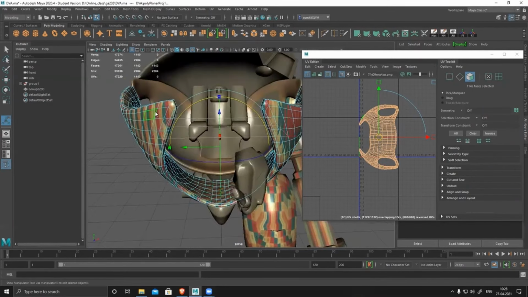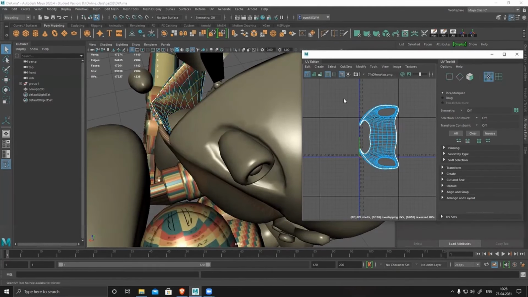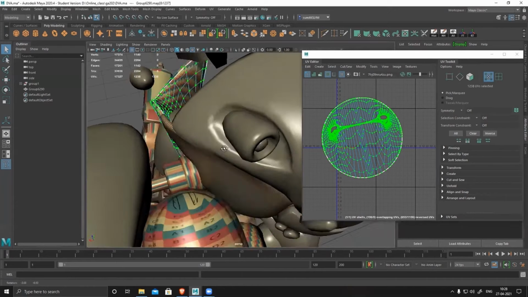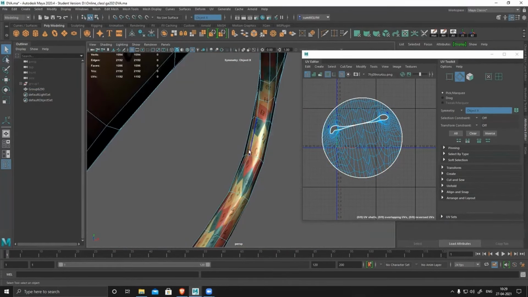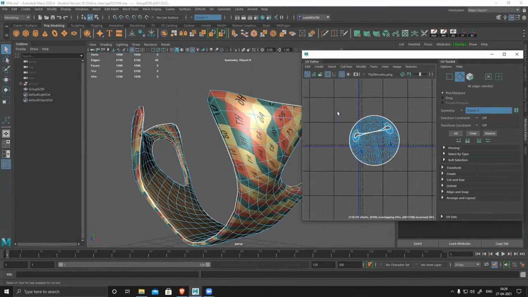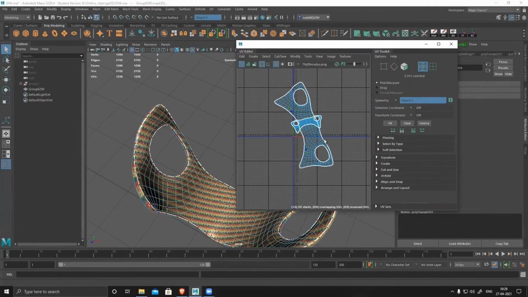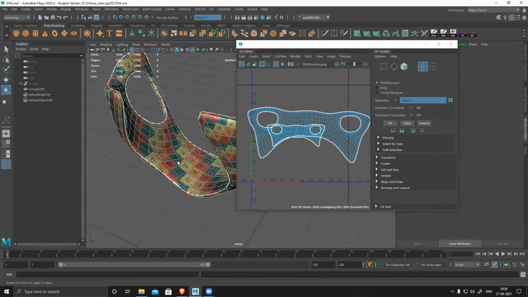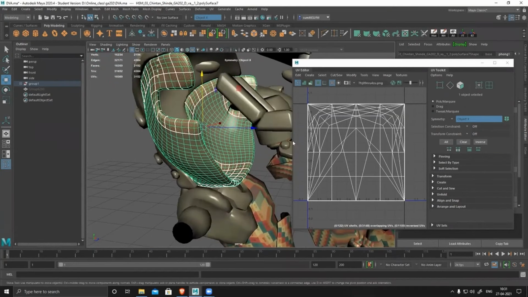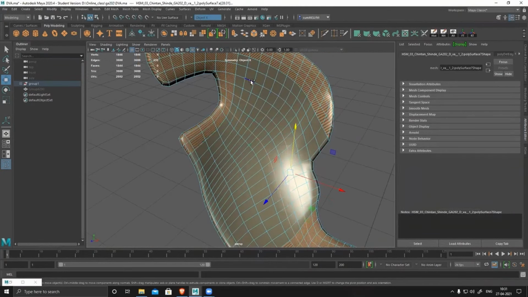So apply a planar map, separate the border and then separate top and base surface. Here, in this hand hole, that section also I have to separate and then unfold. You can see it becomes super clean. Here what I'm doing is keeping the inside part really small, giving it less pixel density because that part is not visible.